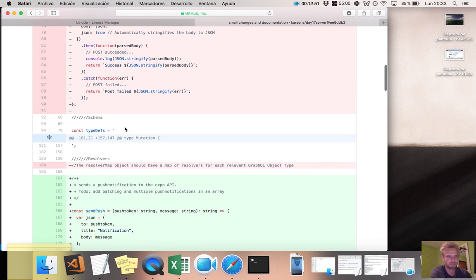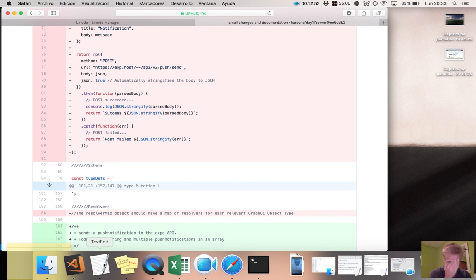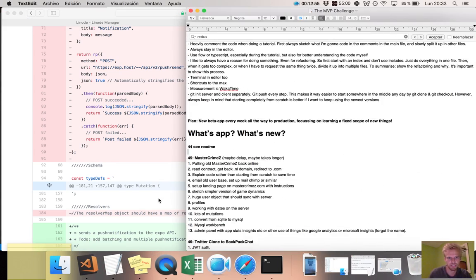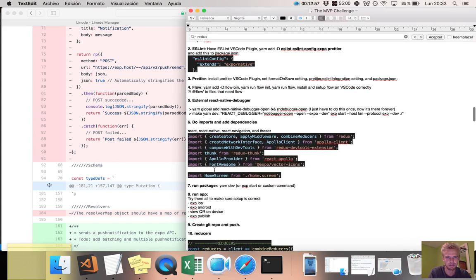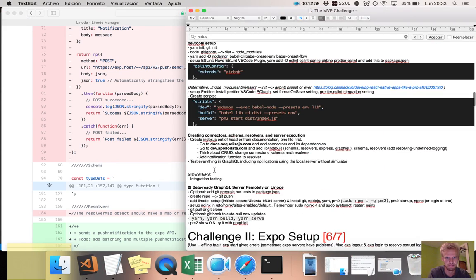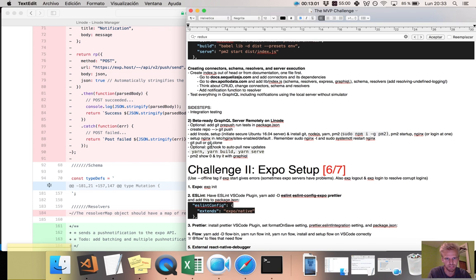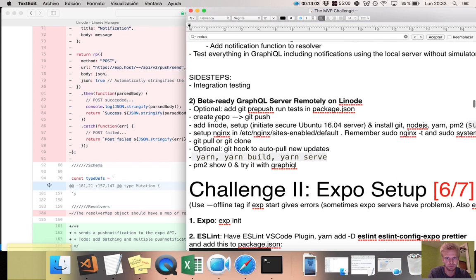So now I'm gonna run it. I'm sneaky peeking a little bit at my guide, in case I forget something. I probably know what to do, but yeah. Did this. Just the regular yarn build and yarn serve. That's it, and then